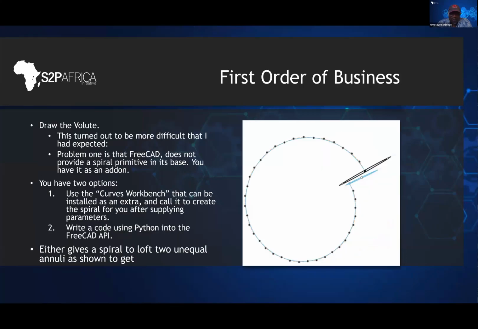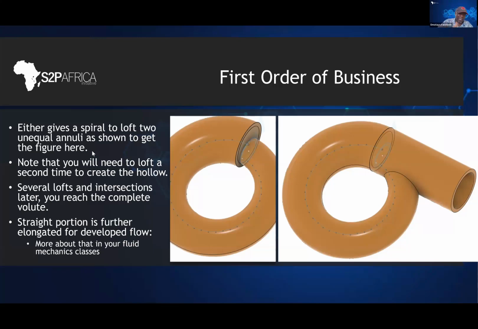So the first order of business, as we have done before now, is to get the spine of the volute. It turned out to be more difficult than I had expected. The problem is that FreeCAD does not provide you a spiral primitive in its base, but you can have it in FreeCAD. Apart from downloading FreeCAD, you can also download the Curves Workbench. If you download the Curves Workbench, there is a free spiral there. So you can take a spiral without needing to program, you just tell it the initial radius, the final radius, and give it the parameters. Okay, so we talked about that. And then